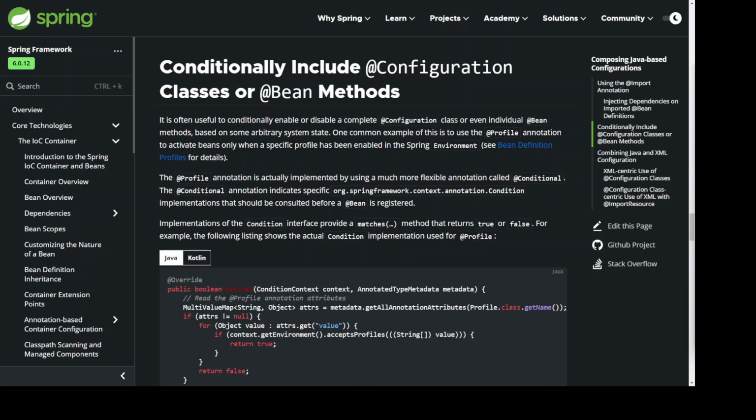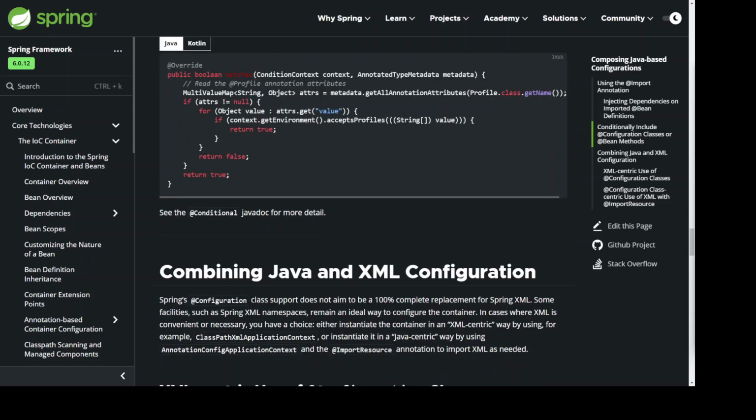For example, the following listing shows the actual condition implementation used for @Profile. @Override public boolean matches(ConditionContext context, AnnotatedTypeMetadata metadata) { // Read the @Profile annotation attributes MultiValueMap<String, Object> attrs = metadata.getAllAnnotationAttributes(Profile.class.getName()); if (attrs != null) { for (Object value : attrs.get("value")) { if (context.getEnvironment().acceptsProfiles((String[]) value)) { return true; } } return false; } return true; }